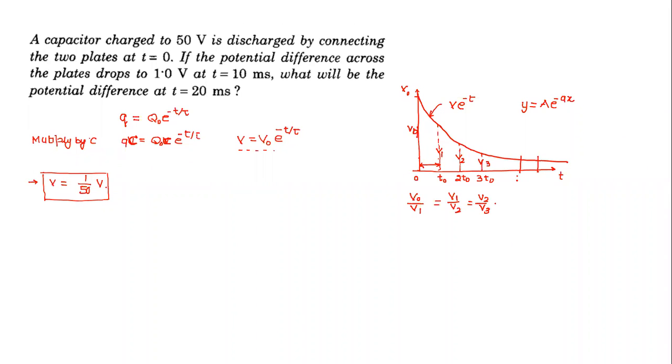suppose I take one more value here. What is the value I have taken? I have taken t, and this is t plus t naught. So what is the gap between the two? Gap between them is still t naught. So the ratio of this ordinate divided by this ordinate will always be the same. And thus we can easily prove based on the exponential property. So what it means in time interval, from 50, what is the ratio for the first time interval of 10 millisecond? It has dropped from 50 to 1. In the first time interval of t naught, it has become 50 by 1. Second time interval, it will become 1 by V2. So what will V2 be equal to?